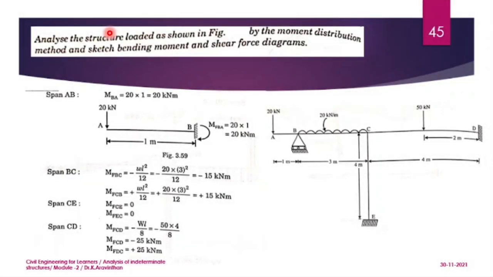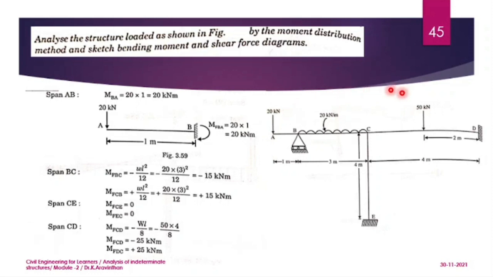Frame oriented structure. So previous classes whatever we have done is a continuous beam, and in this class we will be doing a frame structure. So this frame consists of 3 supports. One is fixed at the bottom, and you have the D support as fixed, and you have a roller support at B, and AB is supported as a cantilever. So you can see here this is a cantilever support.